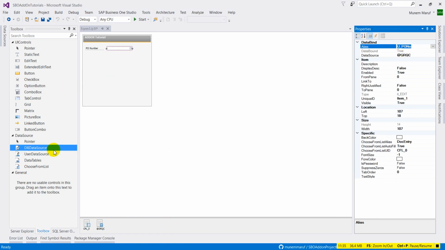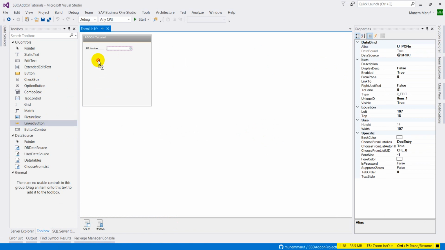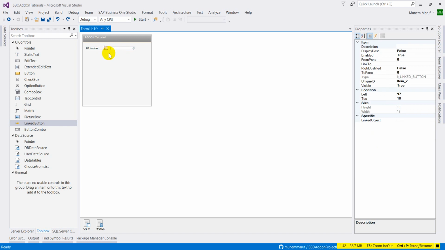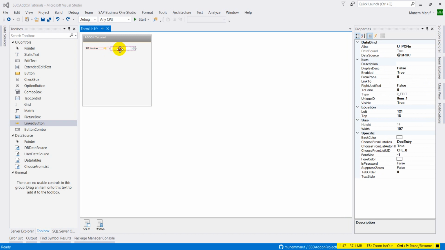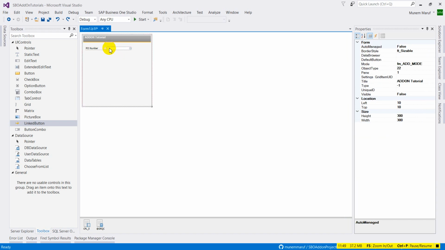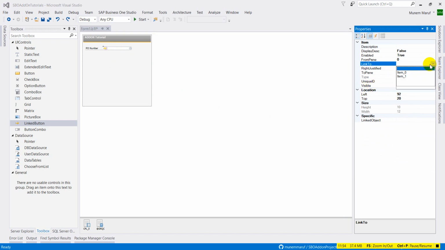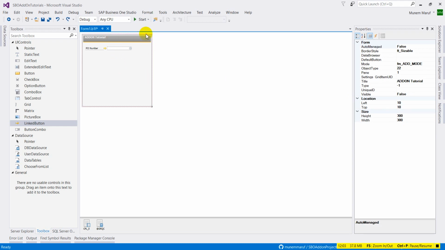Once we have that, let's also include a linked button, just so that this linked button can link the number to the original purchase order. We're going to have to change the link to item 0, which is our edit text, and the linked object to 22 once again. So let's see if this runs all right. Let's click on start,